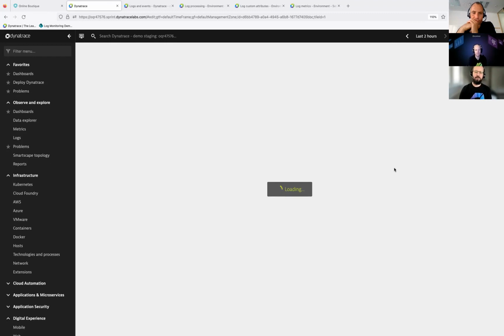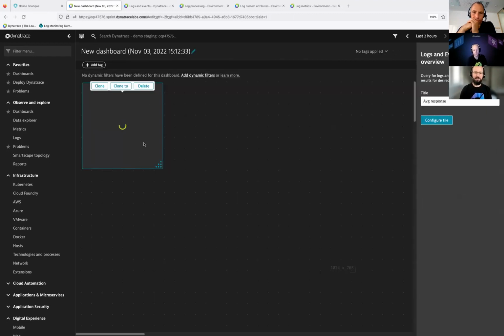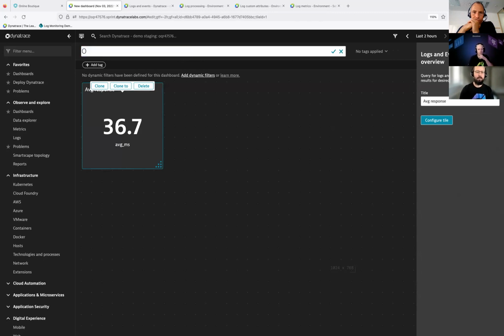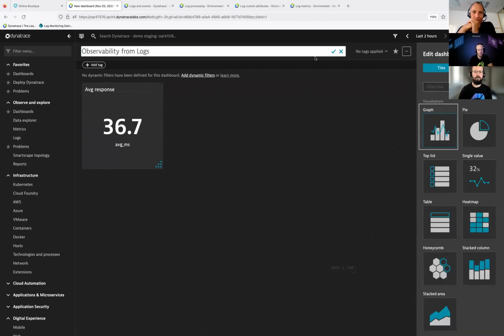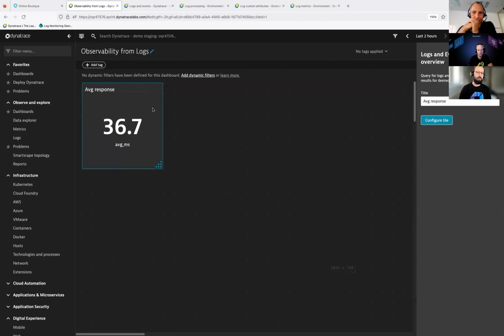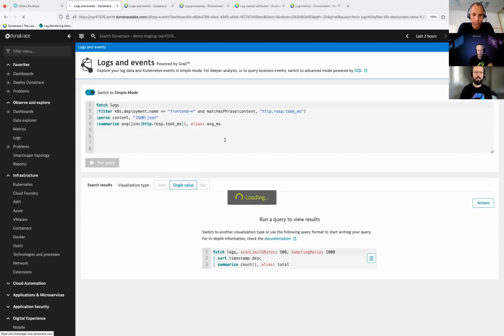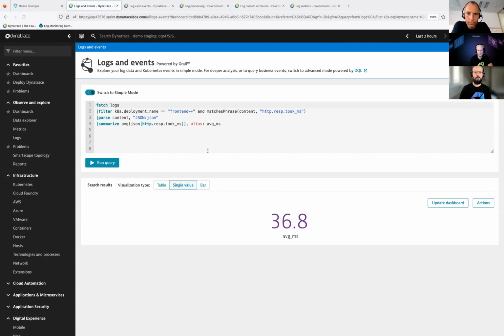When you open the dashboard, you're starting your journey with observability logs. Here really we have our new tile, and when we go back, we can jump directly to the query we had in the past